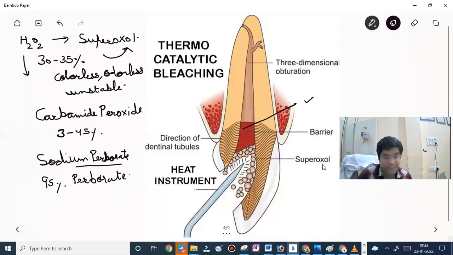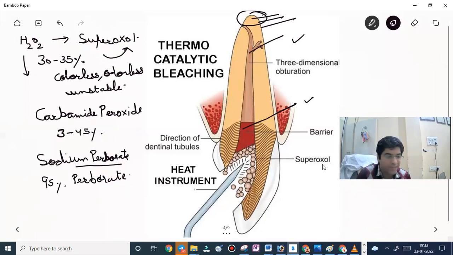So what should be the conditions for non-vital bleaching? The tooth should be discolored and non-vital. The gutta percha filling should be well condensed. There should be no sign of periapical disease. That is a must. So what we have to do is take a pre-operative X-ray, apply rubber dam, clean the